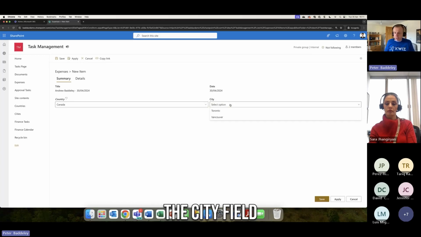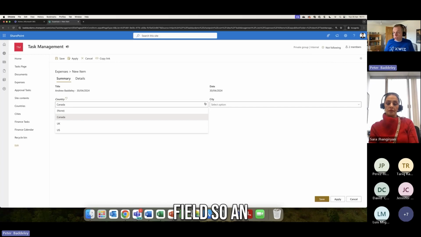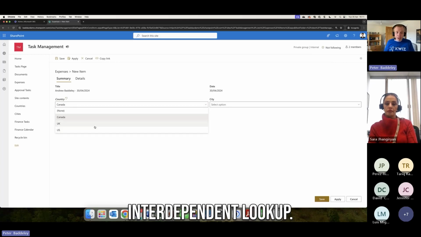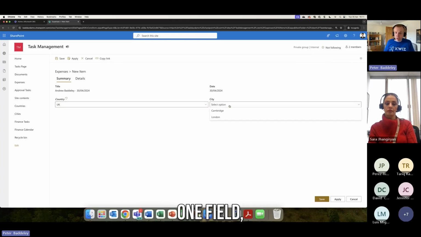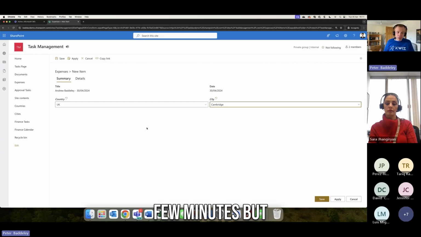And you'll notice the city field activates to then show me options dependent on what I've selected in country. So we can do what's called a cascading field, so an interdependent lookup. Based on what I select in one field, that will present me options in another field. And I'll show you how I've built all of this in a few minutes, but we can go and set